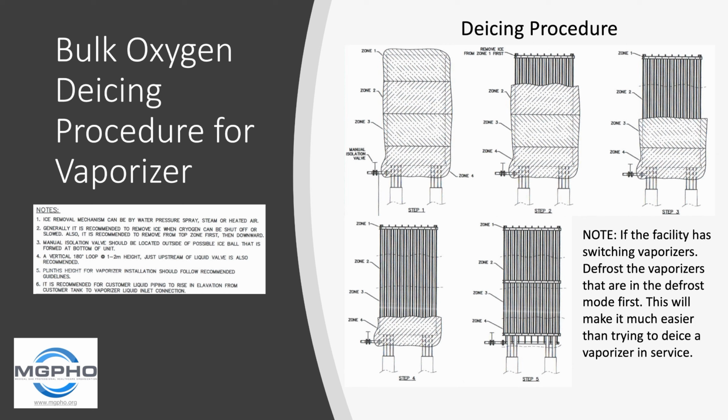So definitely always start from the top down, that being sort of zone 1 that you see, and then you work your way down to zone 2, zone 3, zone 4 until you've cleared the entire assembly of any kind of icing. One other thing to keep in mind is that if your facility has switching vaporizers or vaporizers that